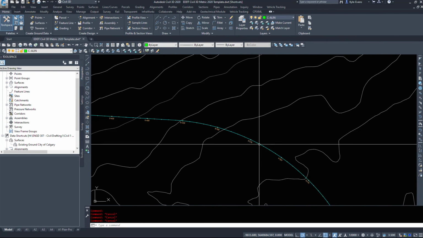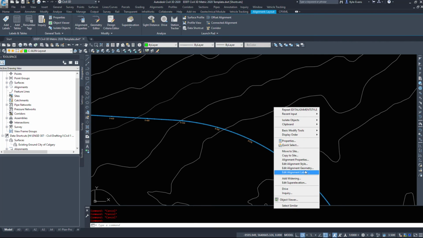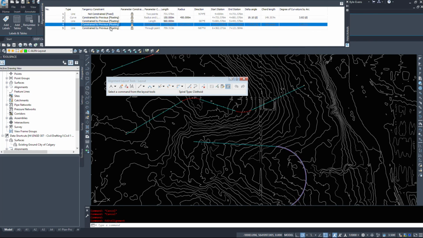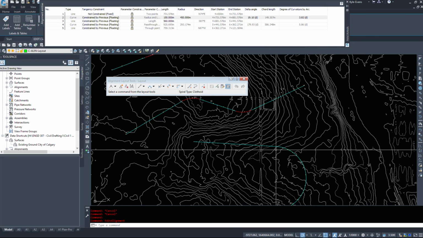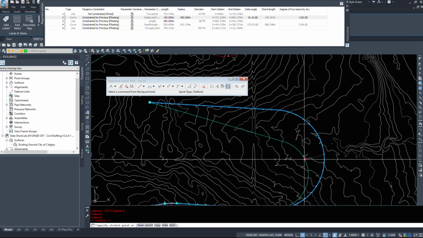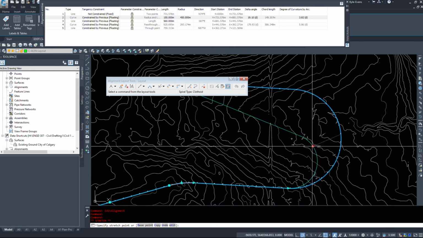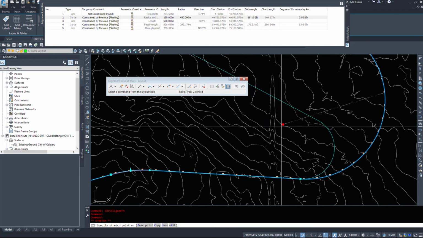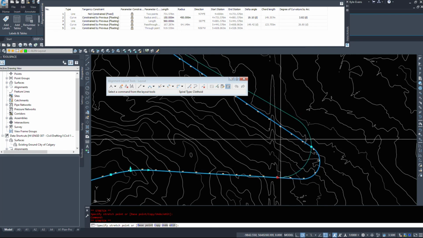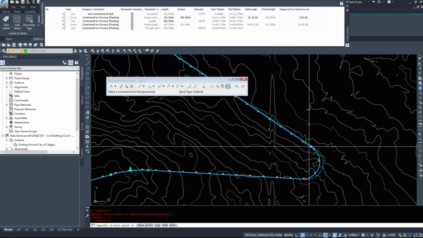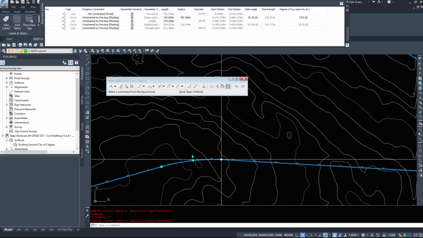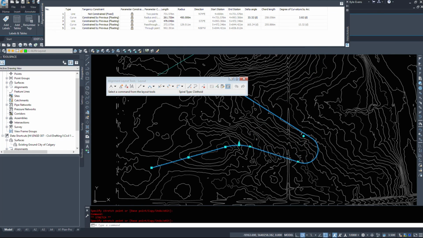So if we look at this alignment down here now, edit alignment geometry, we'll look at the editing tools. A lot of these are constrained by previous, so we shouldn't have too many options in order to move stuff. I can change where this second point is on this circle and it will move it, but it's going to keep this other line tangent. I can change where this curve is located. This is the through point if you remember the point that I had selected. And Civil 3D will do its best to keep your entire alignment